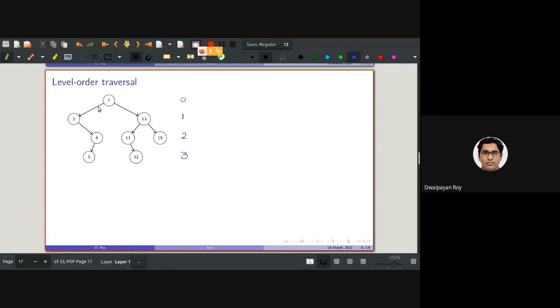The order in which the nodes will be traversed is like first this, starting from here. Then I'll be coming to 7, then 3, 13, then coming back to 6, 11, 15, and then coming to the last level, that is 5 and 12. In this way, the level order traversal should be happening.